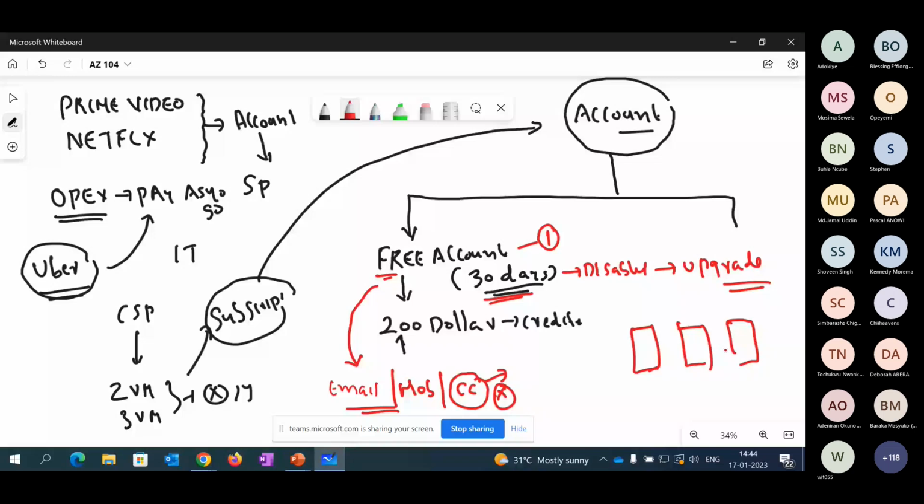And the second point is, the moment you create an account, for example, if you create an account in the Microsoft portal,